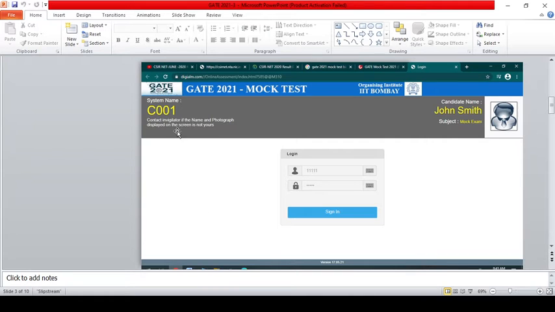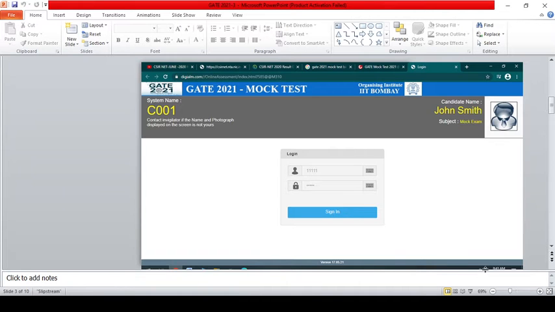Once you are given a system name, you will get a page just like this. Here you will have the examination like GATE 2021. Here is the organizing institute. Here your image will be there. Below the image your name will be there and the subject which you prefer. Check all those things, whether the image is yours, the name is yours, your application number is yours, and the subject which you take is correct. And login ID, password: this will be activated at the start of the examination. Until then you will have a timer going on here. Your login ID is your application number. Your password is your date of birth.